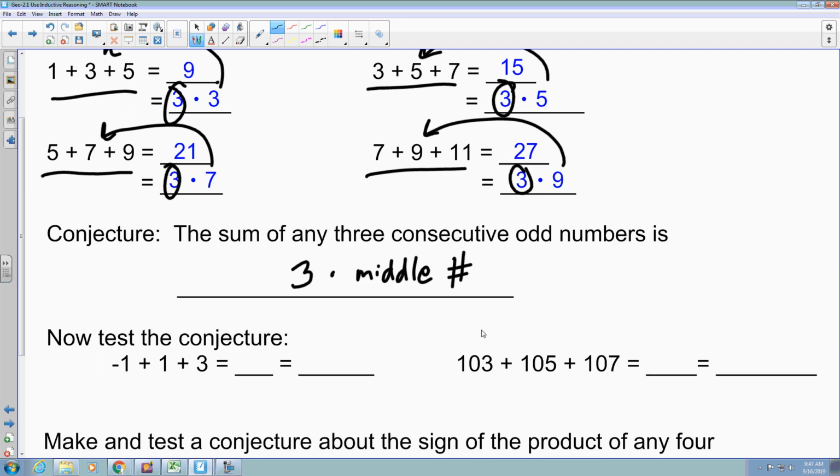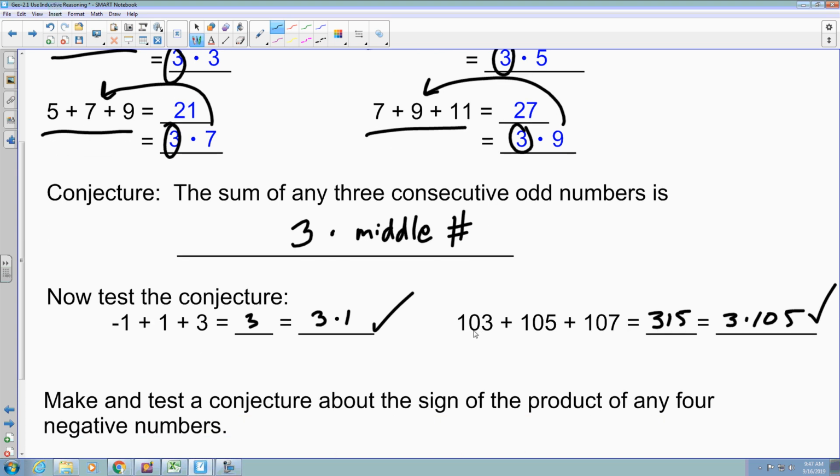Okay, so they want us to test this to see if it's true. So if I go -1 plus 1 plus 3, that gets me 3. Does 3 times 1 give me 3? Yes, it does. It checks out. Let's try this one. 103 plus 105 plus 107. That gives me 315. Does 3 times 105 give me 315? Yes, it does. This checks out. So we can say for this one, our conjecture is true